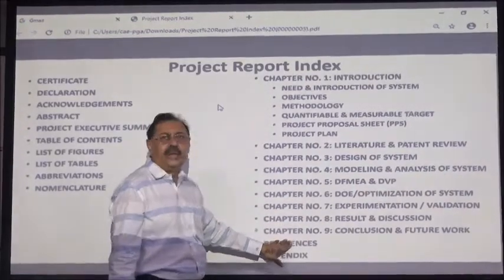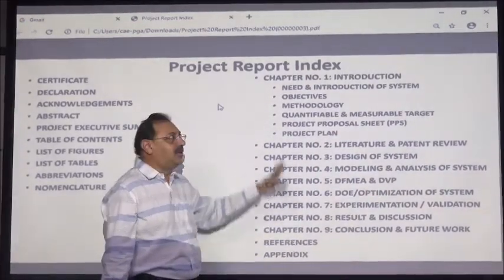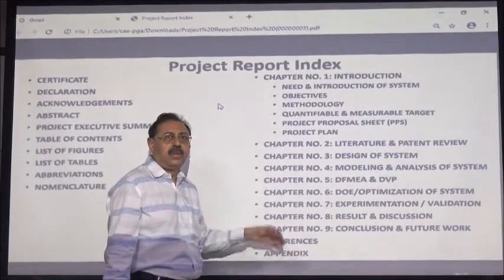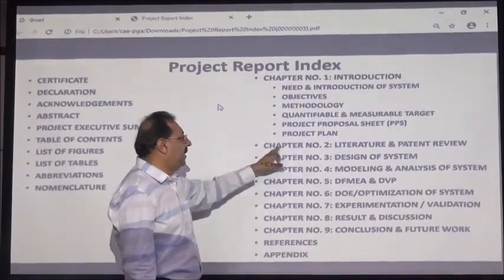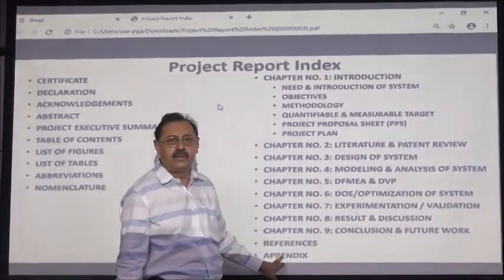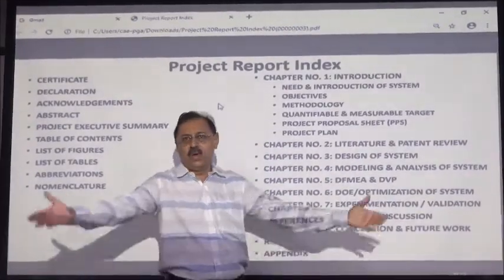The references at the end of the project report should be cross-referenced serially across the tables and across this report. So if in the literature review I have reference number 1, then that will become reference number 1 in the references, and so on. So that's all on how to write a project report.